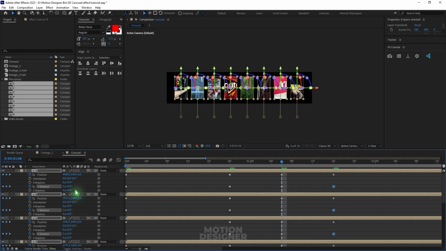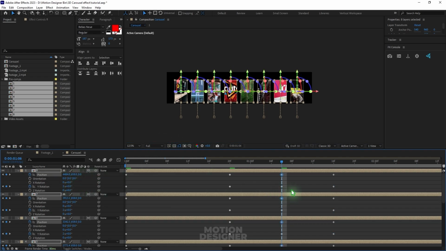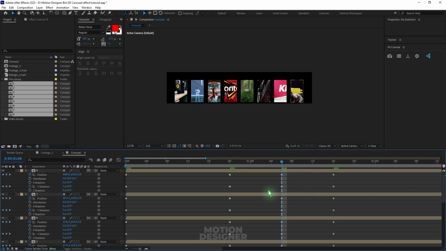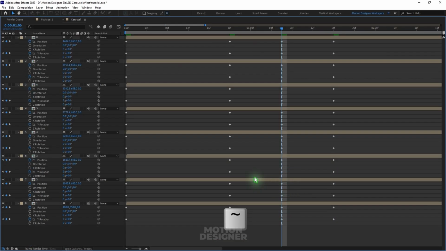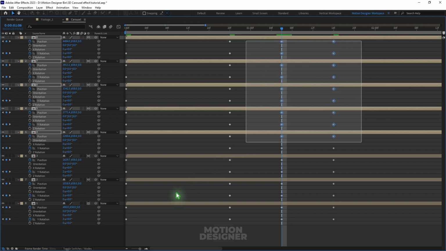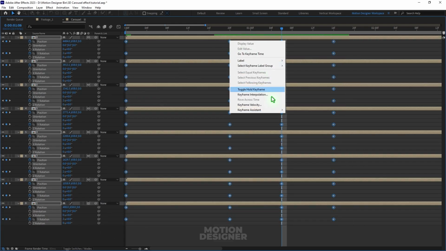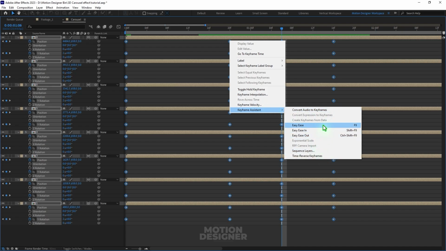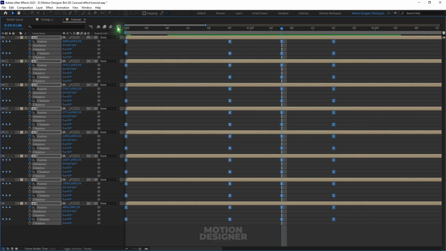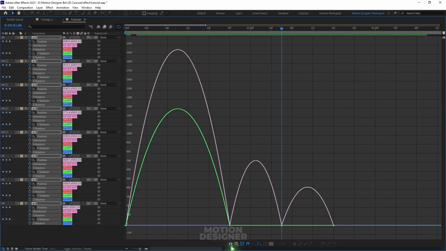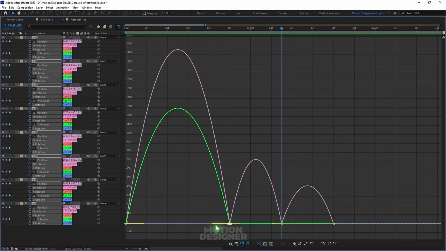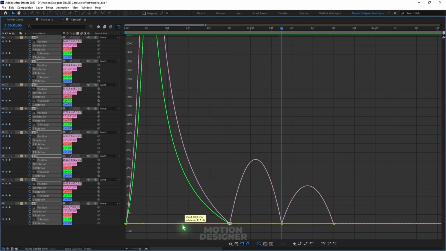So this time I'm going to move the position down somewhere here and select all the keyframes. So I'm going to hit the tilde key on the keyboard and select all the keyframes. Right click on the keyframe, Keyframe Assistant, Easy Ease, and I'm going to change the graph. Go to the graph, and I'm going to change this point to something like this,